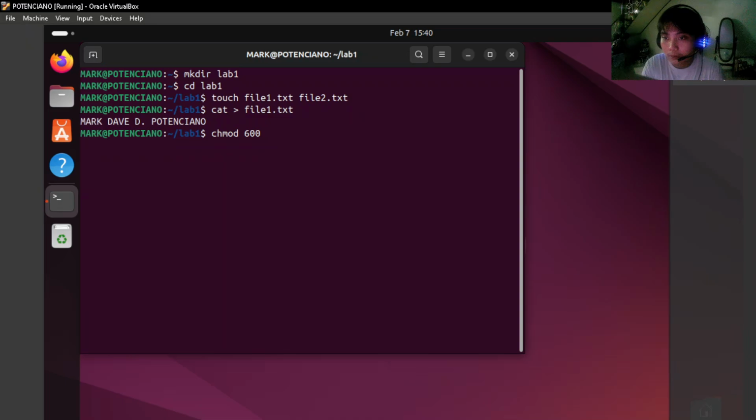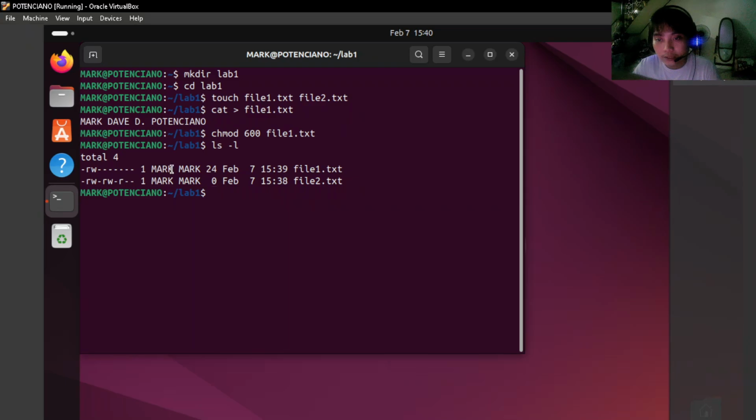So the file that we want to change the permission of is that txt file, then enter. Then ls -l. As you can see here, there's only r and w. That means we changed the permission to read and write only.